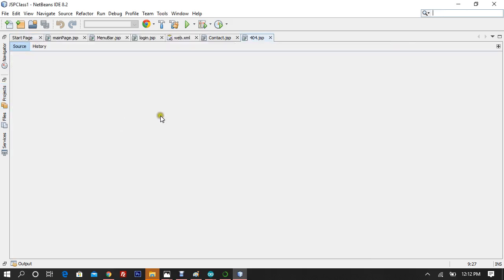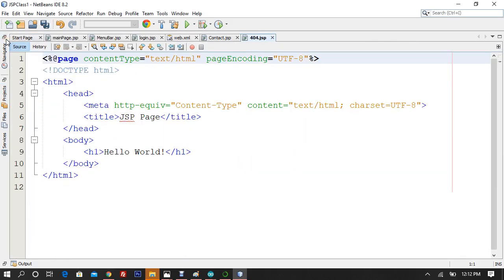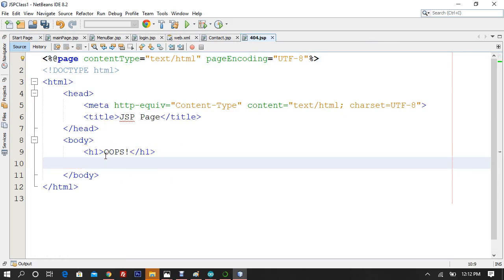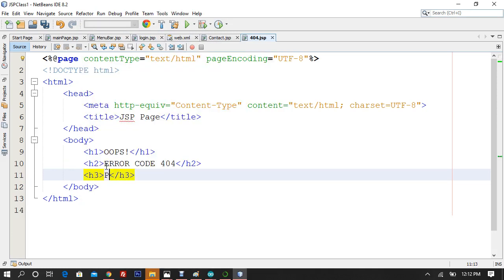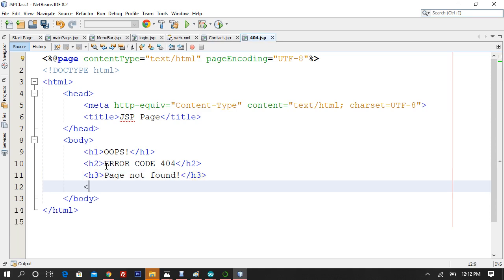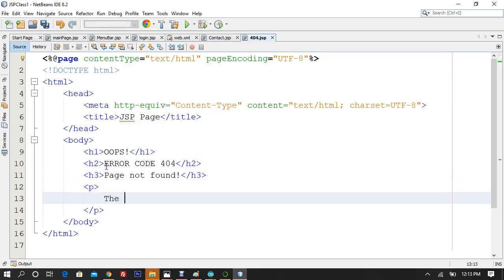404.jsp. JSP will come automatically. Now here is my JSP page. So I will say oops and then open H3 tags, and I say let's open H2 tags, error code 404, and then I will open H3 tag, page not found, and then I will open paragraph and we will say the resource